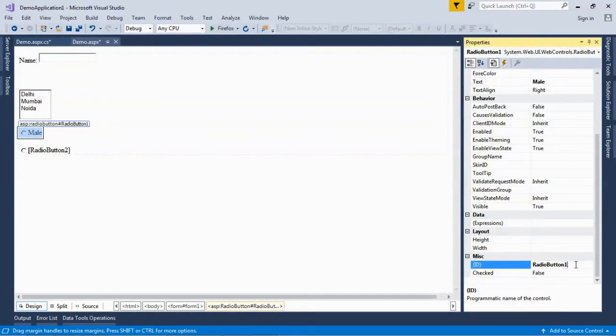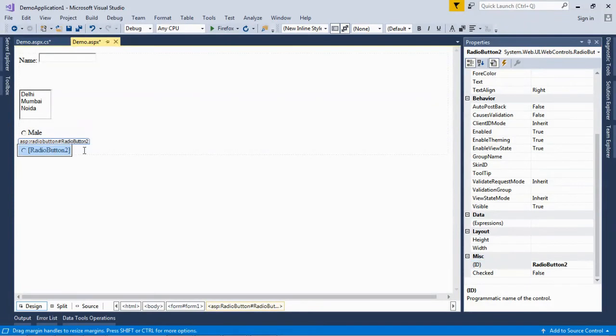So I am changing the ID here. RD denotes the radio button, so the prefix will be RD. RDMale. Same for the second.